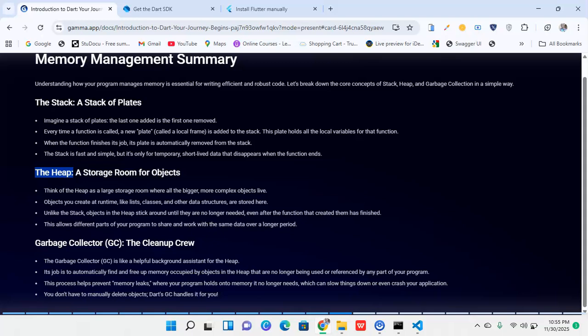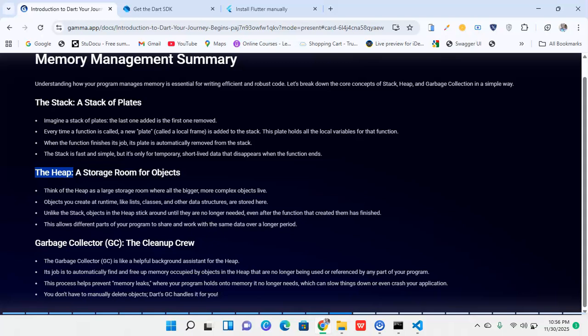Unlike stack objects, heap objects stick around until they are no longer needed. Like I said, the way the stack works, as soon as it's done, it removes itself. But the heap is going to stay around until you're not using it again, or the code is done